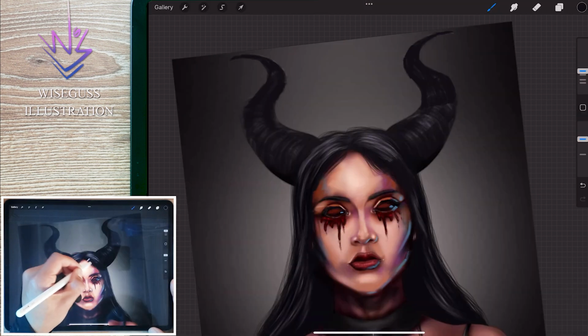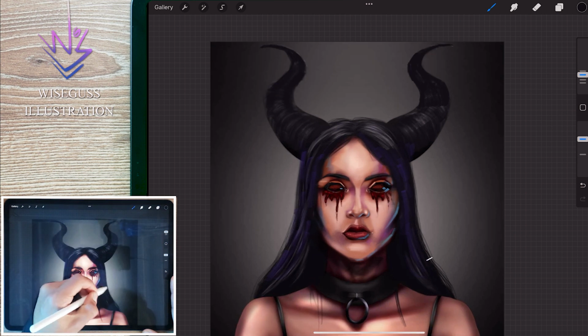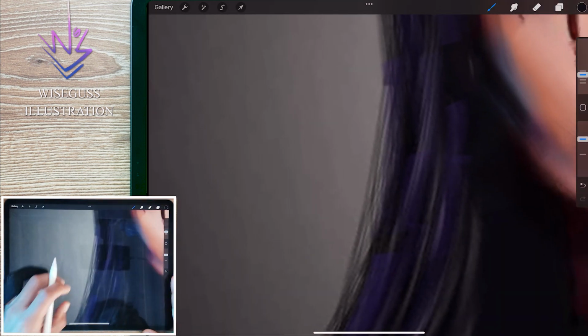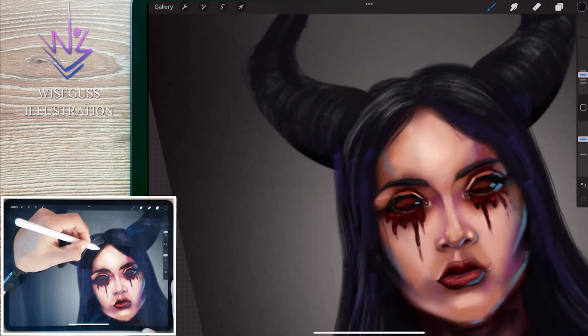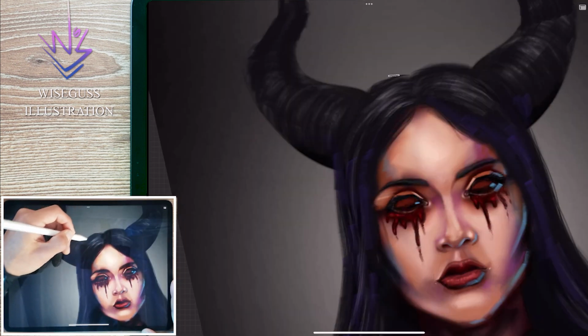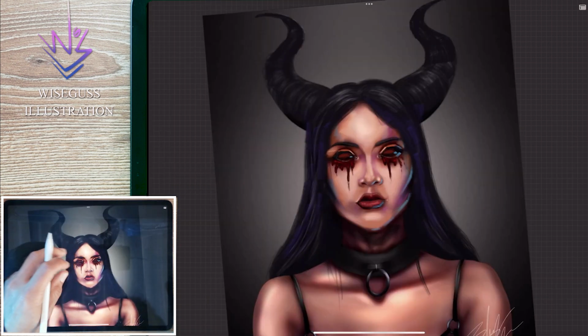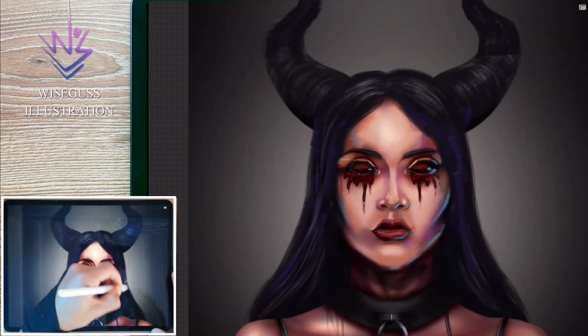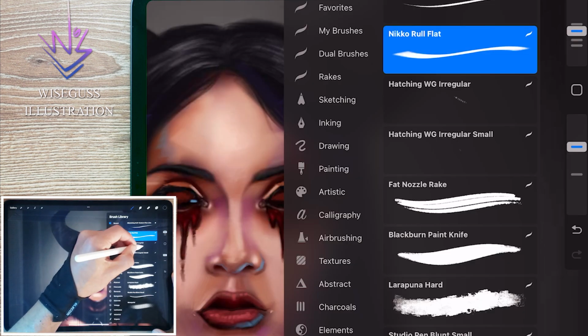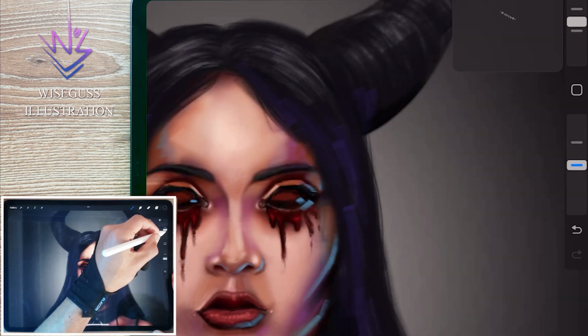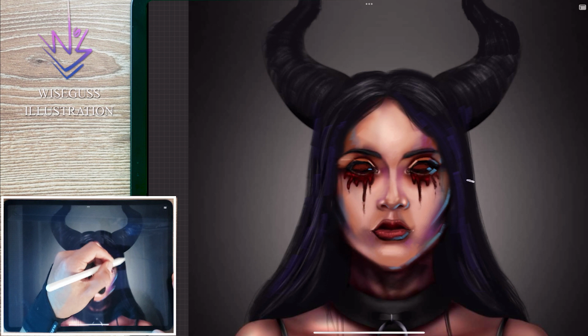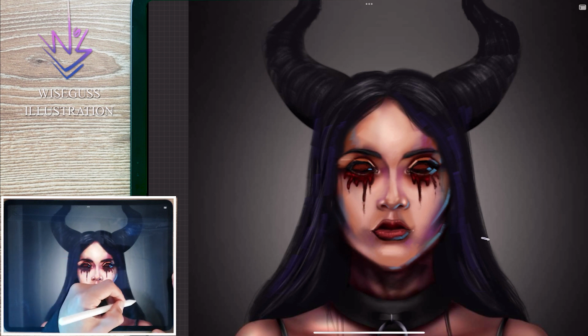We can get a similar effect in the hair, making it much darker. Also about the hair, the lines around it are too thick and too noticeable. They look too much made with a special brush, and that's something we don't want. We're going to soften the lines to show that hair texture in a much softer way. For that, I will use my irregular rake, which is the same this person did, but in a softer